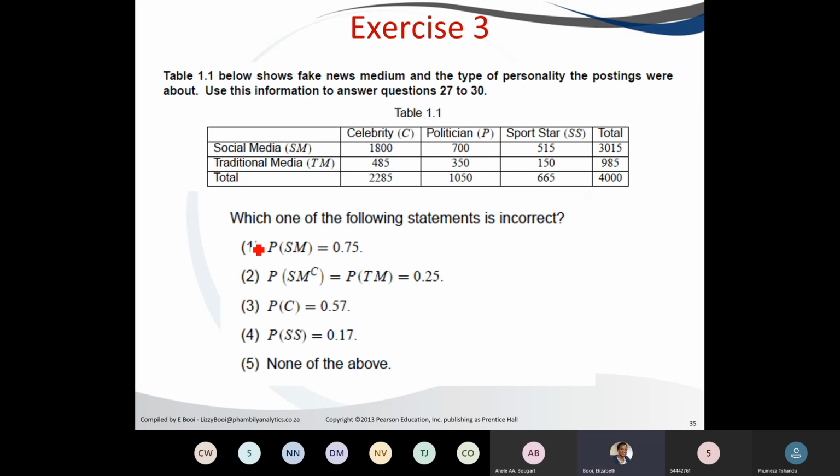Simple probabilities, all of them. So it means you're going to use the simple probability, which will be the values at the total. So quickly calculate 1, 2, 3, 4, 5. When you do 5, when you do 2, because you would have calculated 1 and you would have the answer for 1, you just need to calculate the probability of TM and see if they both are equal to 25. The probability of celebrity, you just need to make sure that